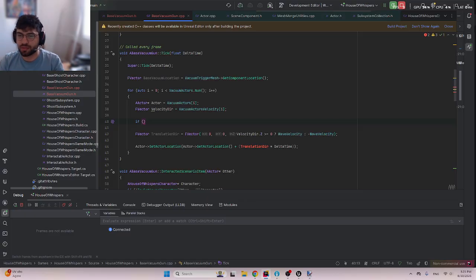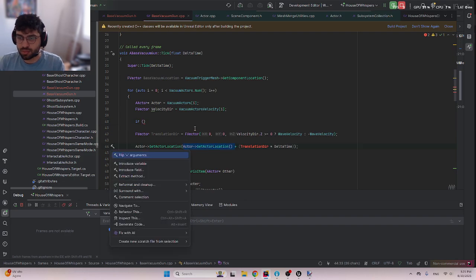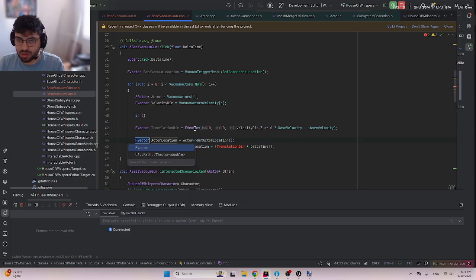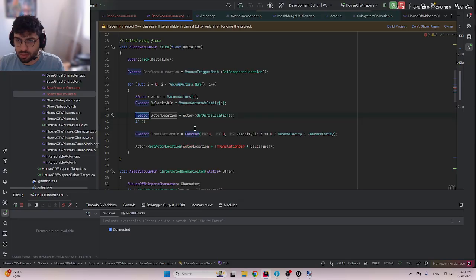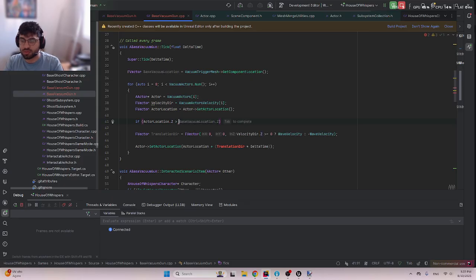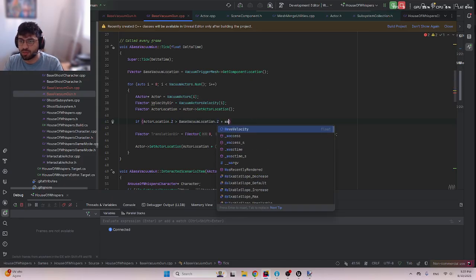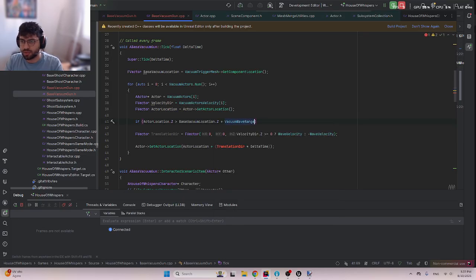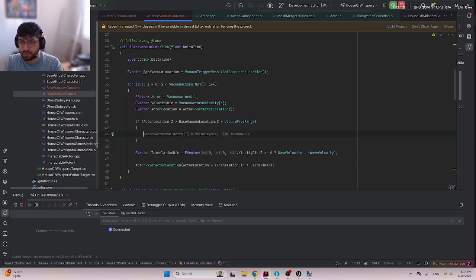I think I can use this in a variable because I will reuse it again. So if actor location is greater than base location plus wave range, then